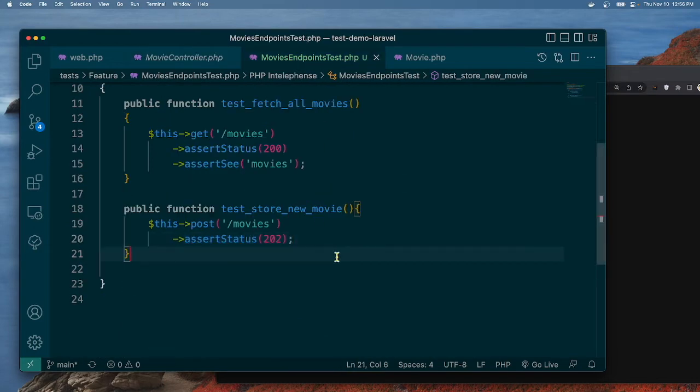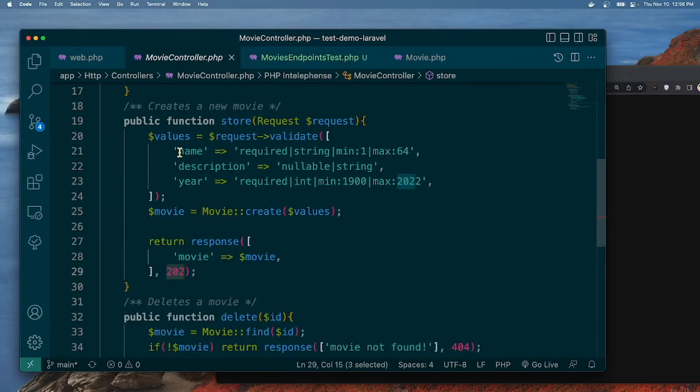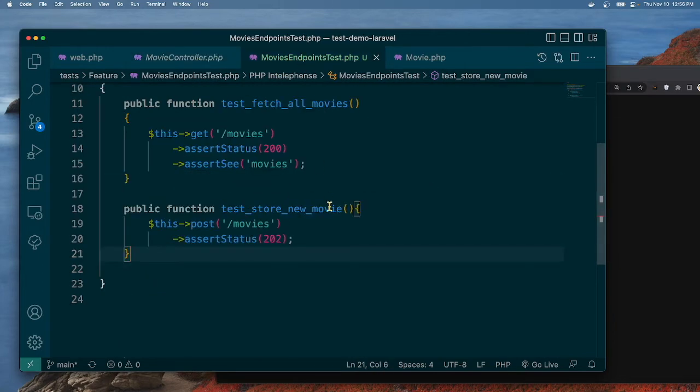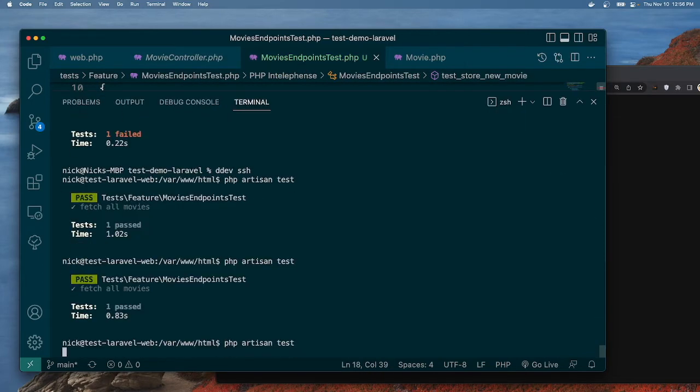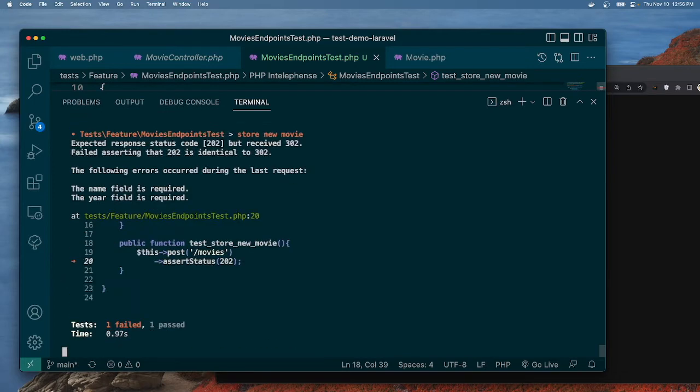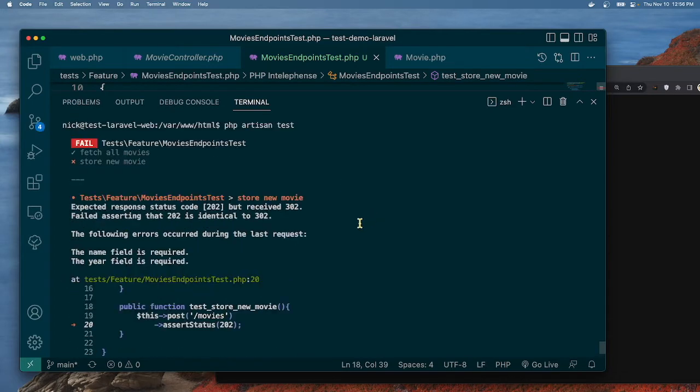We can try to run this, but if you're paying attention, you'll notice that it shouldn't pass the test because our current request doesn't send this information, name, description, or year, so it won't pass the validation because name is required and year is required. But let's see what that looks like. Okay, it fails the test,